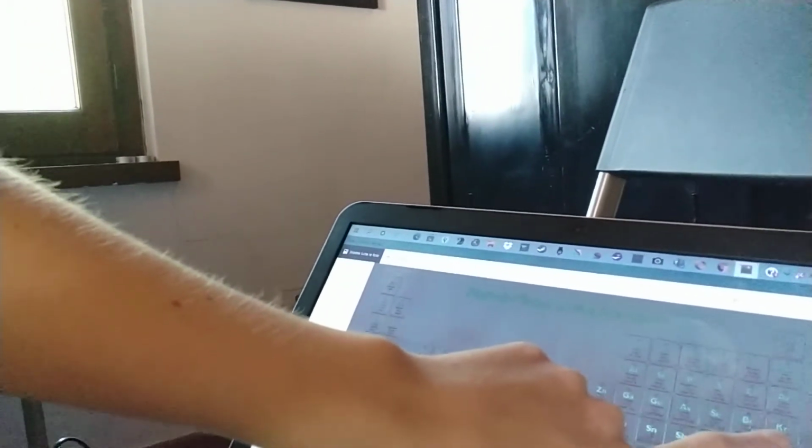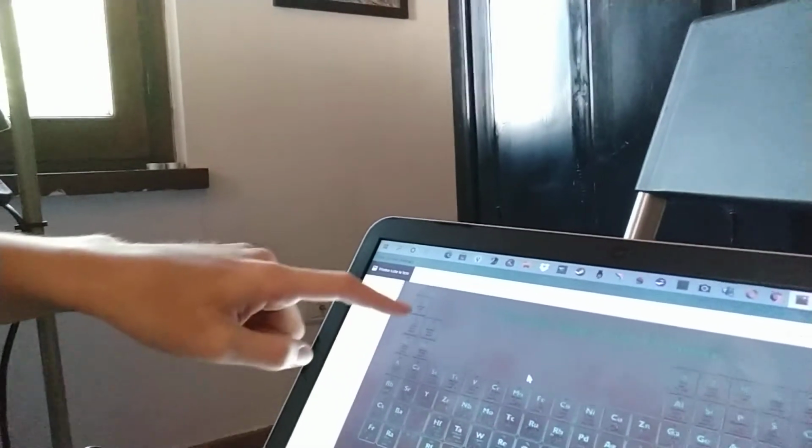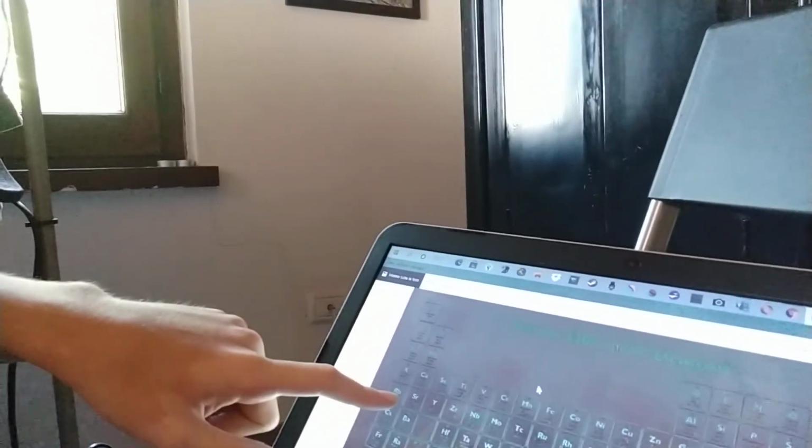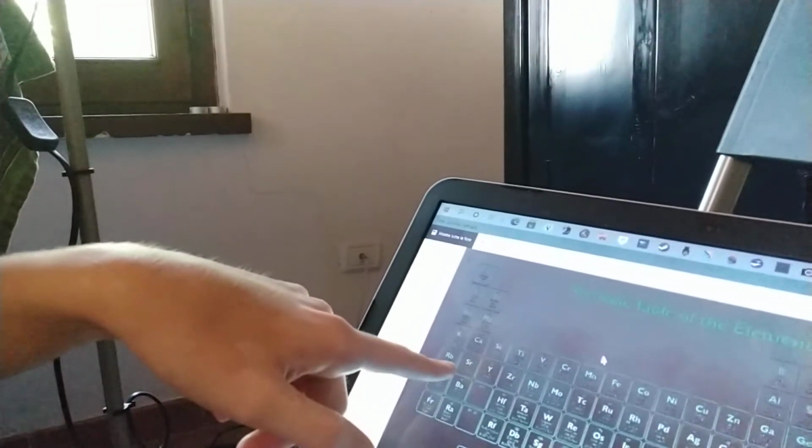Oh yeah, because, okay, since everyone's lazy in this world, instead of writing the complete configuration, you can see it, this guy, right? You just write Kr in square brackets, and then you just write 5s1, 5s2, and so on. But for the B, I don't think we go that far back. But yeah, what was I saying? Yes, so you write Ar in square brackets, and then instead of writing 4s1,